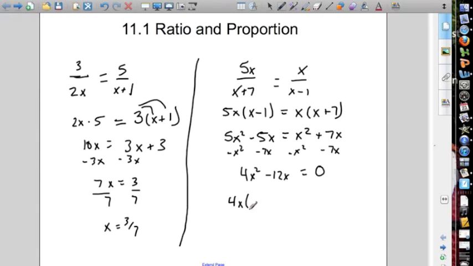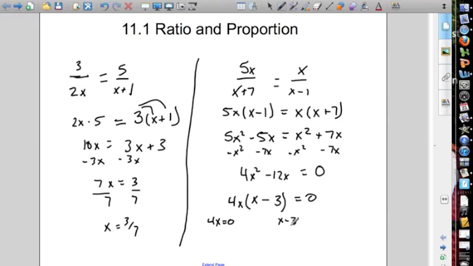So I'm actually going to pull out the 4x. 4 divided by 4 is 1, and if I take away an x, I still have an x left. 12 divided by 4 is 3, and if I take away an x, I no longer have an x there, so I get this. Now, if 4x times x minus 3 equals 0, either the 4x has to equal 0,